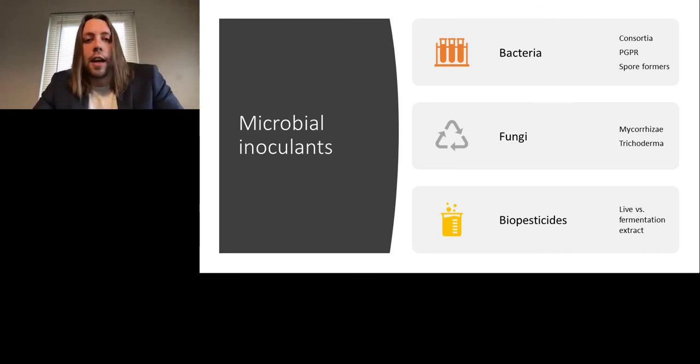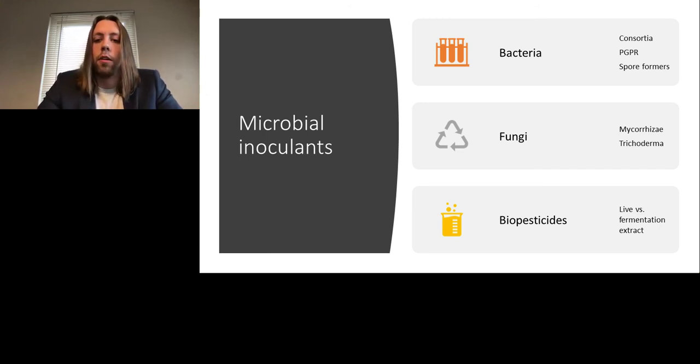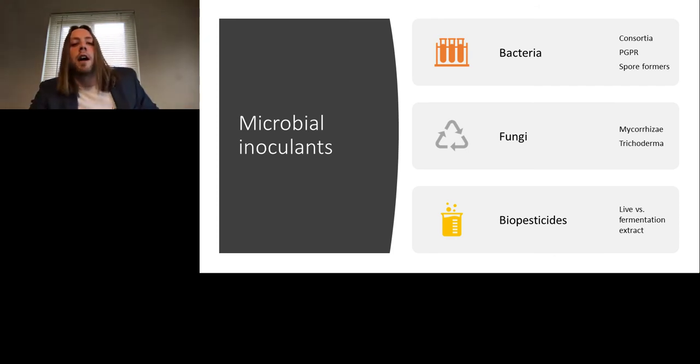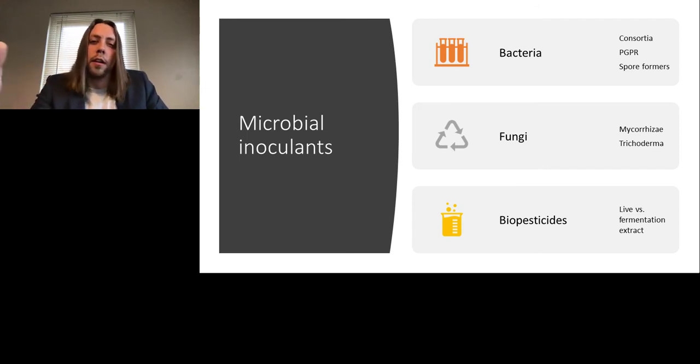Fungi can kind of fall into that category too. Of course, there are a lot of bacteria in that category, but fungal inoculants have their place. They're tremendous for the most part at promoting growth during the vegetative phase of plant life. But plant growth promoting bacteria seem to play a bigger role during fruit and flower ripening and the reproductive stage of life. Fungi also need to be considered in terms of their potential to be parasitic to a plant. When we use free-living microorganisms or rhizobacteria, they're happy to live on their own. They don't necessarily need a plant around. The same can't be said for